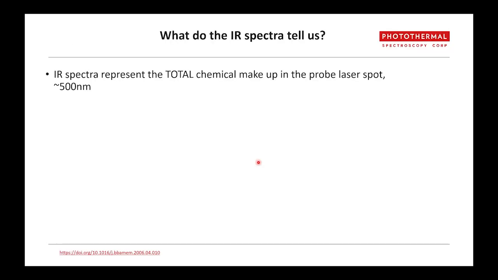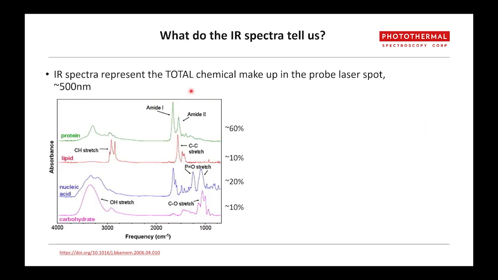Now, what does the infrared spectrum tell us? It's important to remember that when we look at that spectrum that I showed you before, it comes from about a 500 nanometer spot, and it reflects the total chemical makeup. Of course, biological materials, cells, tissues, and the like are not pure components. They're made up of many things. With infrared spectroscopy, you're looking at the average of its total chemical composition. So for the average cell,